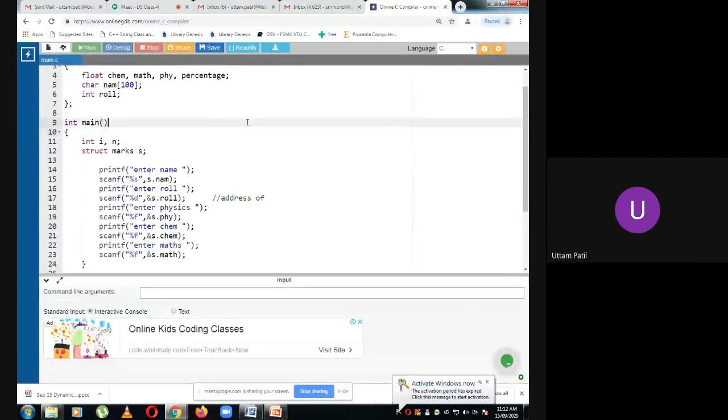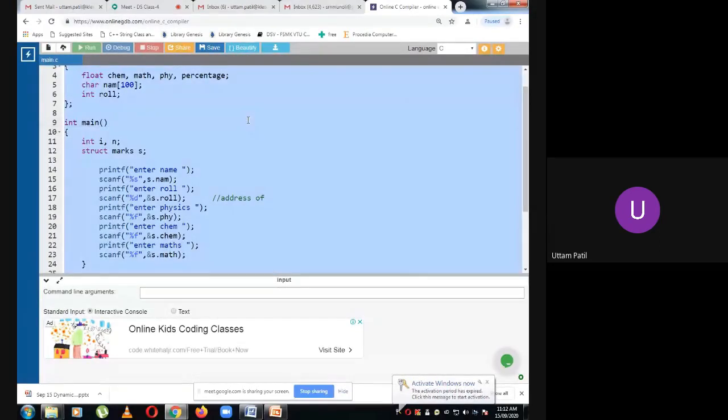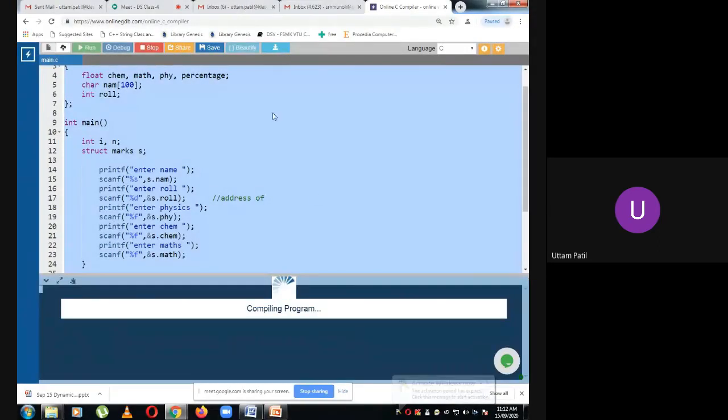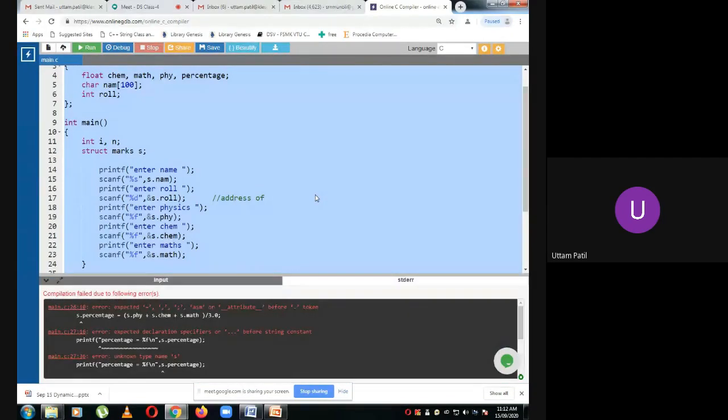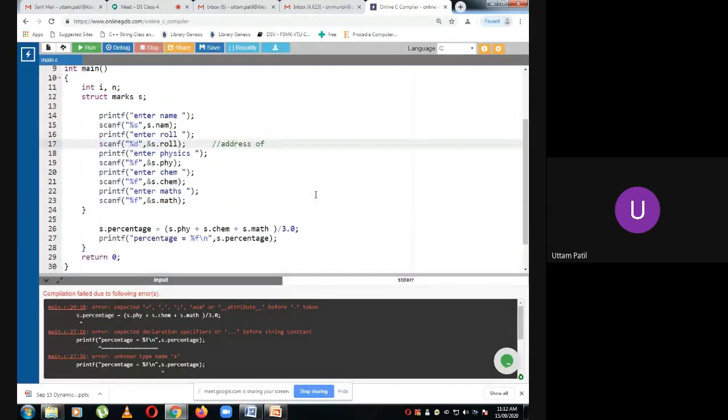It's not running. s.percentage was the problem. Why? Okay, I've already closed main here. So that's why it was not running.